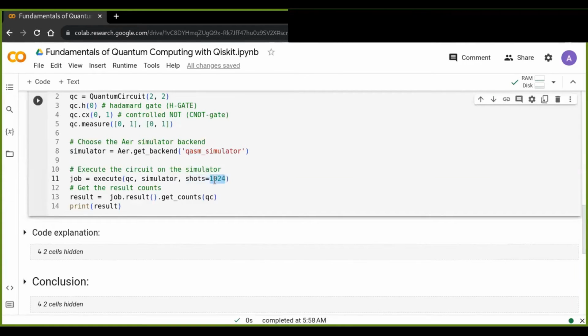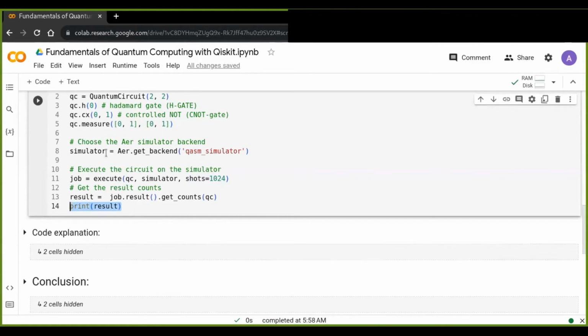So I just specified 1024. I then retrieved the count results using the get_counts method and print the result to analyze